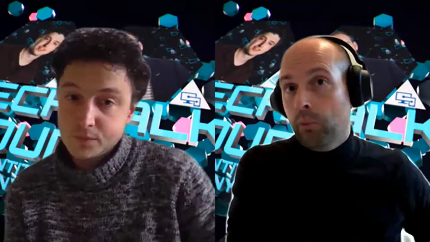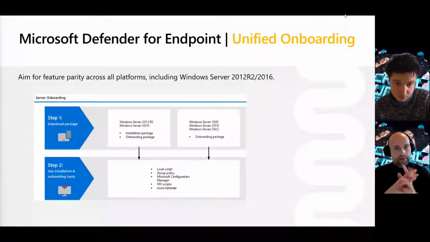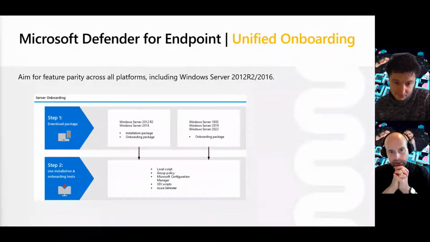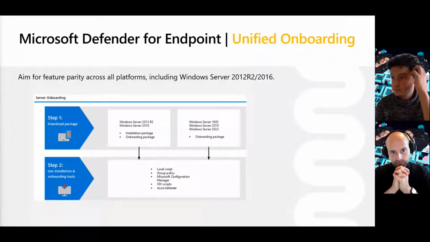So although we are now able to support Windows Server 2012 R2 and 2016, in the past we were able to already do so. The only thing was, and I'm going to share my screen to make it clear. As you can see, in the past we had two approaches to manage